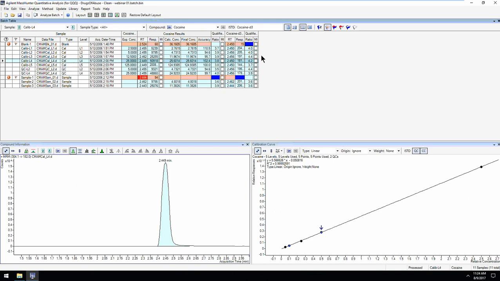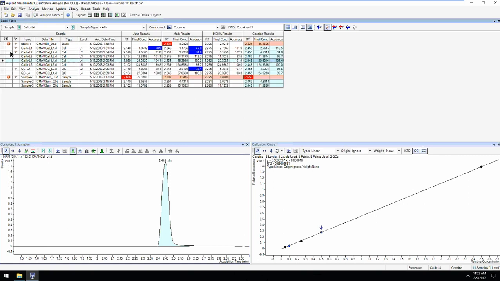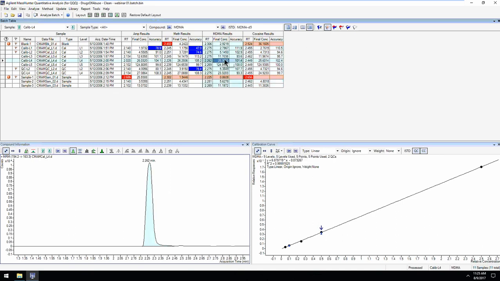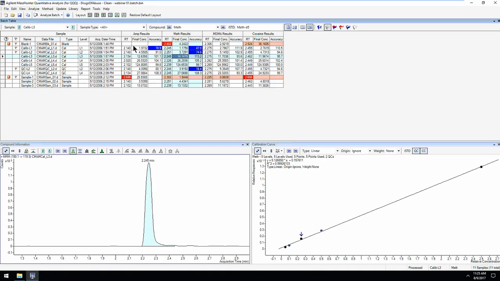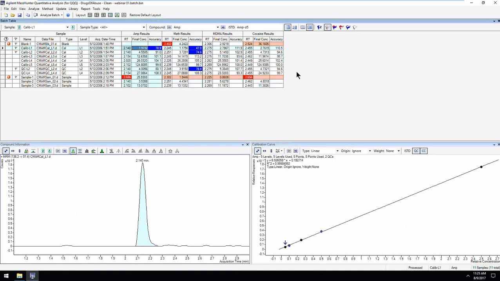The other option we have is, instead of looking at just one compound here in the columns, we can go to a multiple view. So now we've got a nice little table here with just the samples that we ran coming down here, and our compounds, 4 compounds, across the top. Clicking in any of these, you can see it's changing the view down here. We'll talk about these windows a little more later in the presentation, but you can see we can just click through here to quickly view different